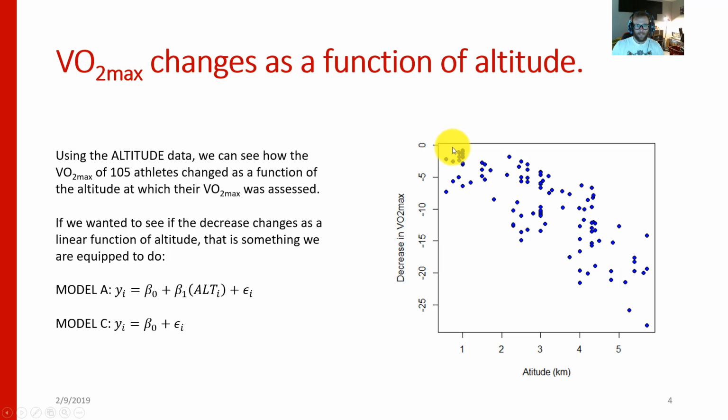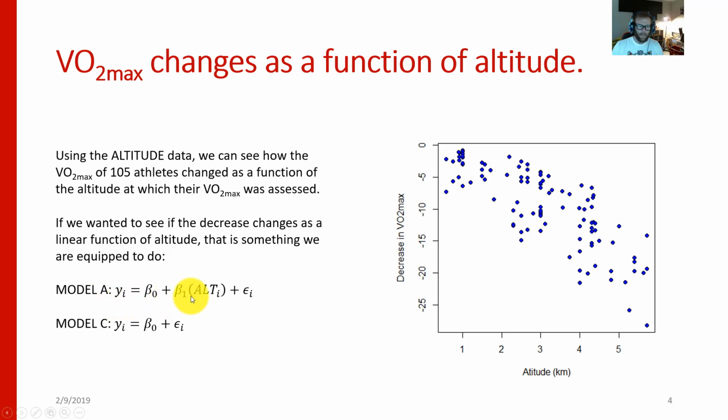So for everyone, it was a decrease relative to their baseline assessment, which was conducted at sea level. But you can see that for different people, they fell off to different degrees, and people at higher elevations fell off more. So if we wanted to fit this with a linear model, like we've done before, and we're pretty well equipped to do, we could just say that we have their decrease in VO2 max as a function of